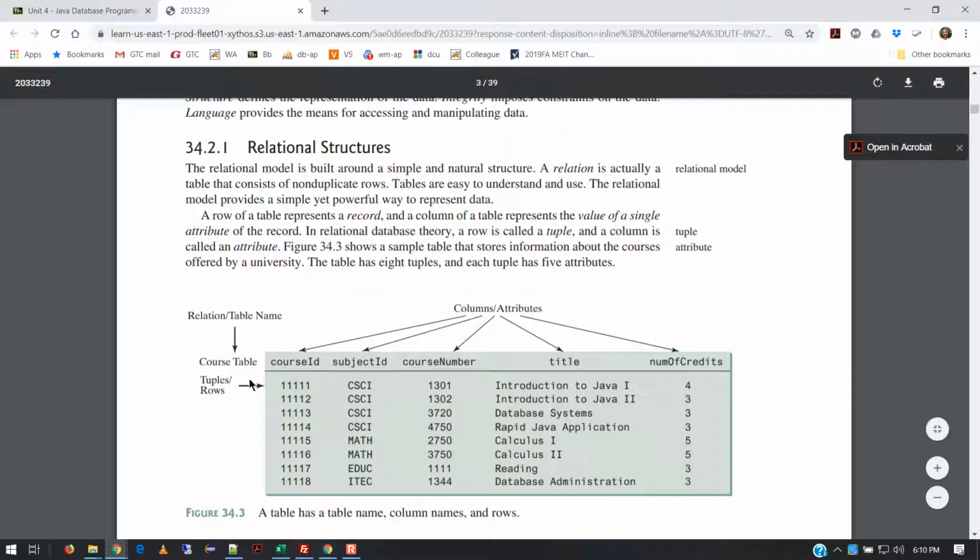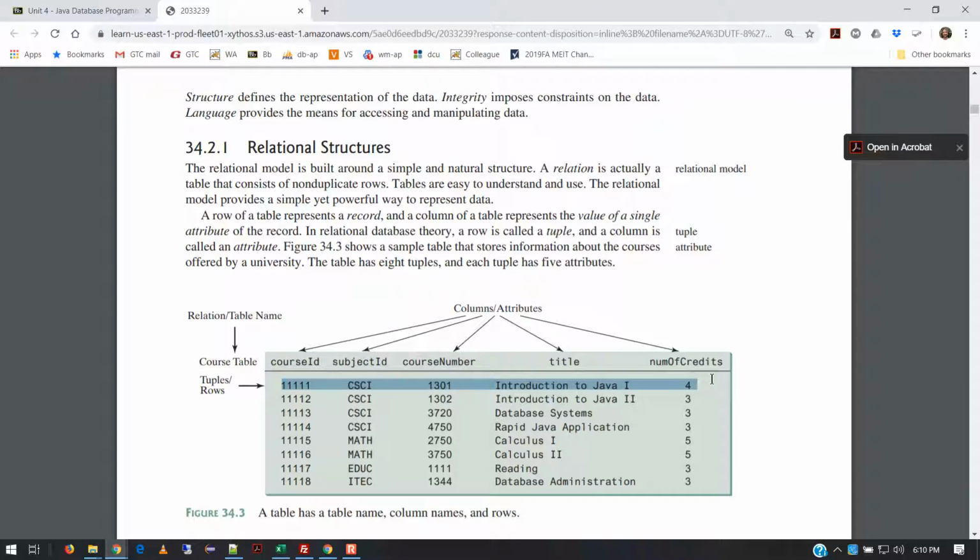Then, on a row-by-row basis, we have related information to one record. So we would call this one record in the database that pertains to one single entity of some sort of logical construct, in this case, a course. Okay? So we can have a whole bunch of information in here. We can have maybe very little information, but it is all information that is of a certain type to go